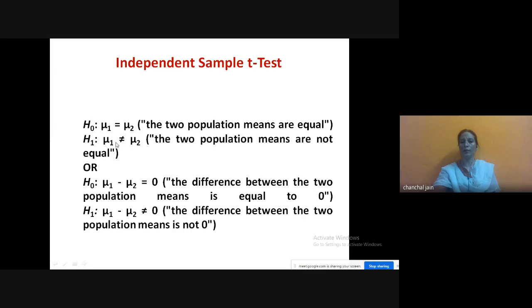Alternatively, you can write mu1 is not equal to mu2, or you can write mu1 minus mu2 is not equal to 0, which means there is a certain difference between the group means of the two groups. So this way you can make your hypothesis. Next,